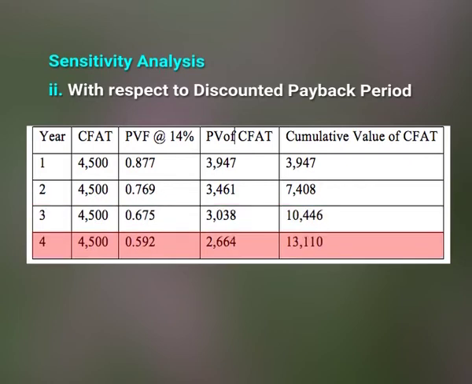Then finally, in the fourth year, we have cash flow after tax of 4,500 again. Then PV factor at 14% is 0.592. Then PV of cash flow after tax in the fourth year is 2,664, and cumulative value of cash flow after tax is 13,110. So, we can see that discounted payback is equal to 3 years plus 12,000 minus 10,446 divided by